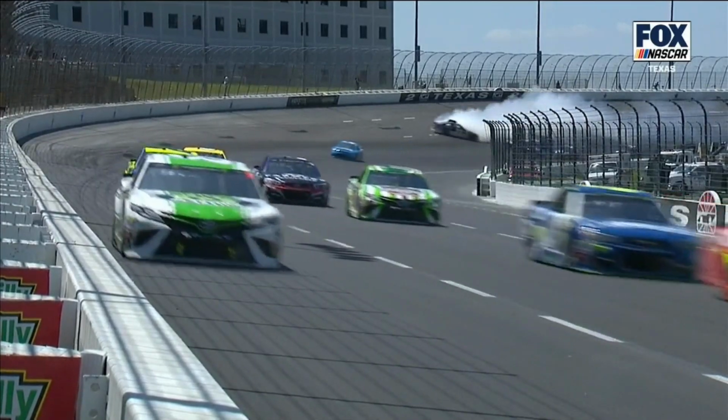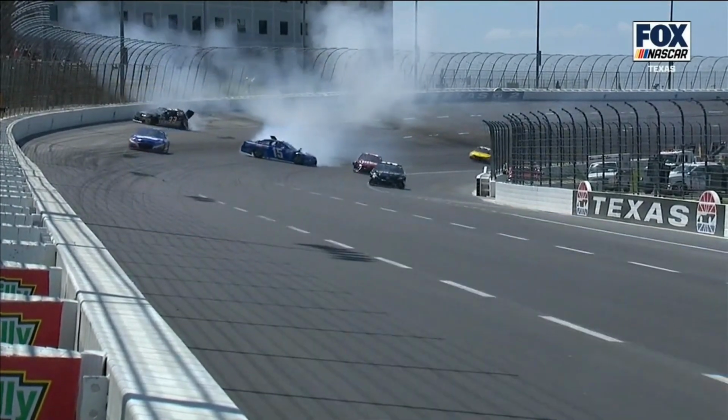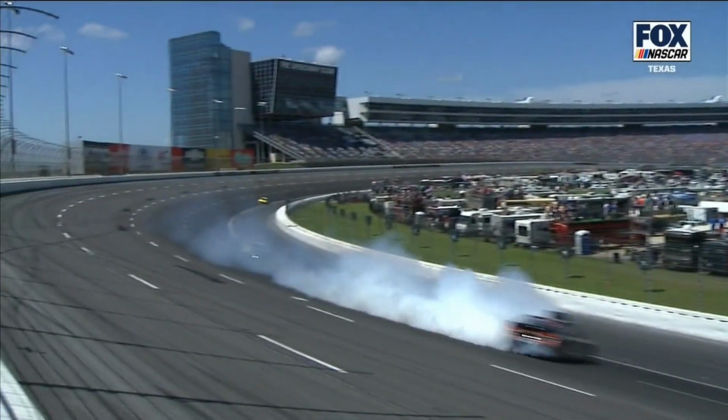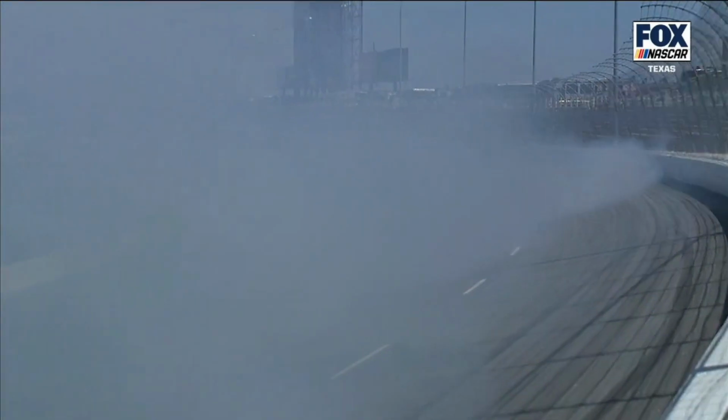Looks like already in progress. That was a big knot of cars all fighting for position. The car got quite a bit of damage there. It's Greg Gelding, the Dr. Pepper car. And we don't know exactly what happened here, but what we can predict is that it is such a narrow groove, and you want to get down to the